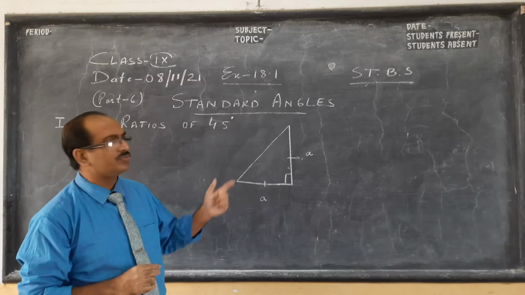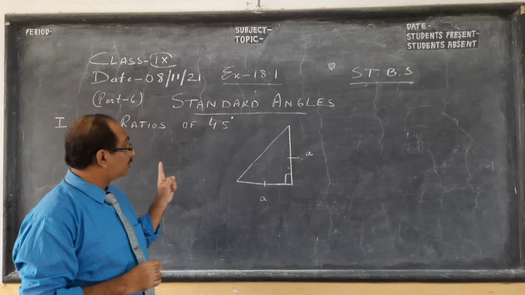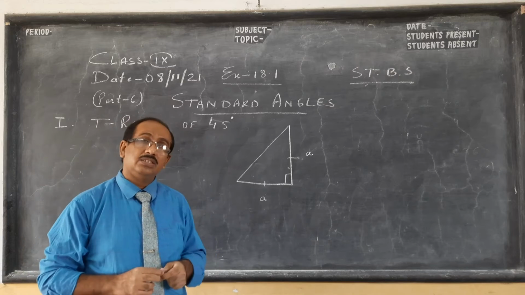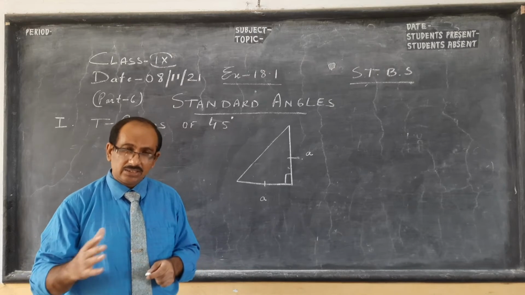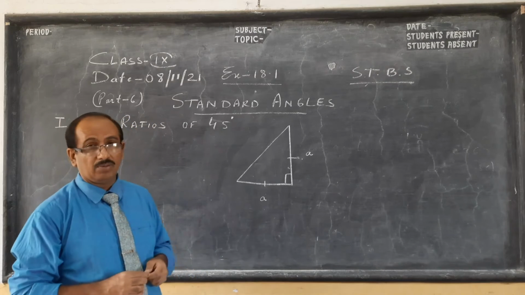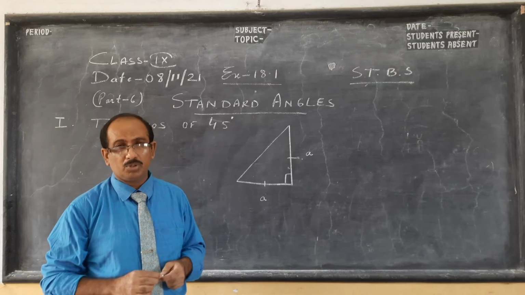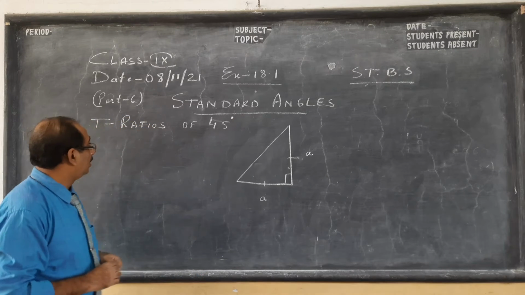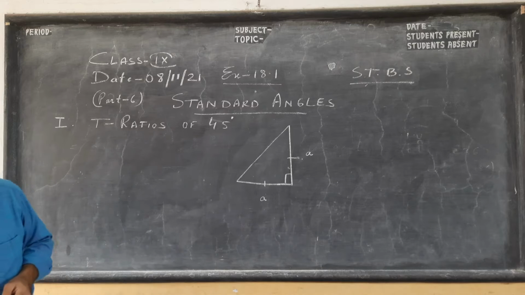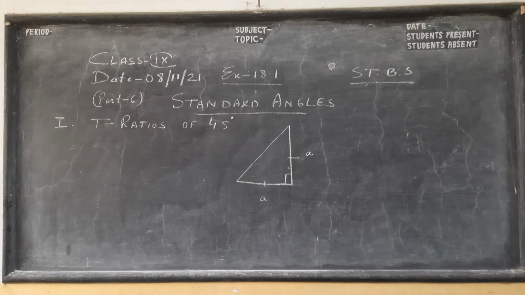So all ratios we are doing, children. This is going to be very important. See this 2-3 times and see with any standard book like ML Agrawal, Concise, or any other book you are using. So here we start trigonometric ratios of standard angles, and we start with 45 degree.